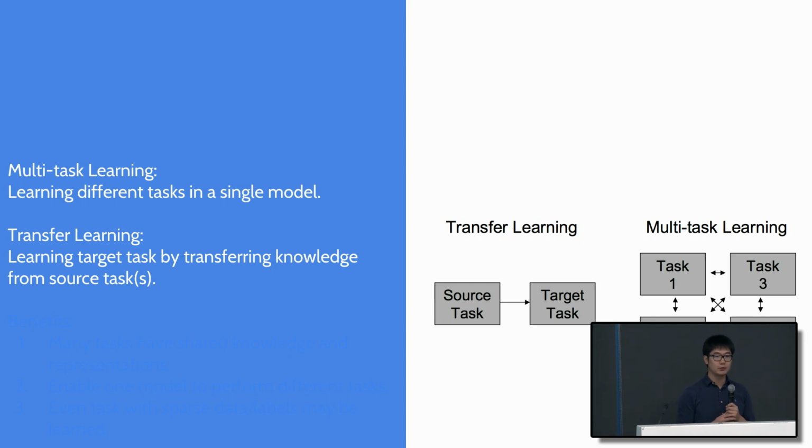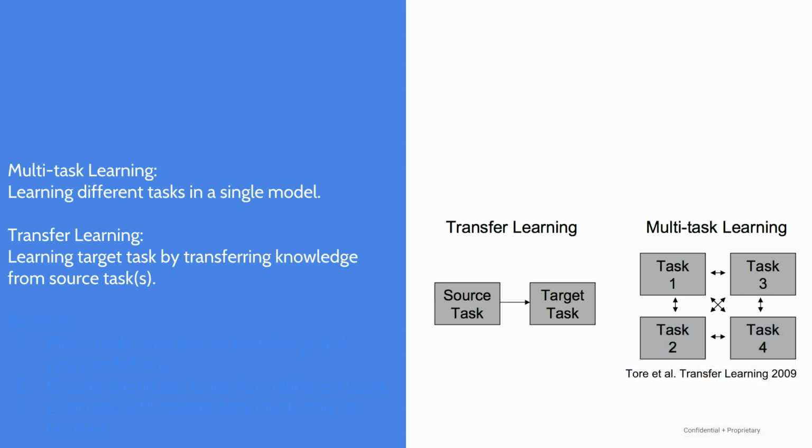Transfer learning only cares about the source task and the target task. You can do whatever on the source task to transfer the knowledge from it to improve only the target task. While in multitask learning, we care about all of the tasks. We need to have a model that can perform well on every task. Even though they have these differences, the challenges and benefits are most of the time shared.